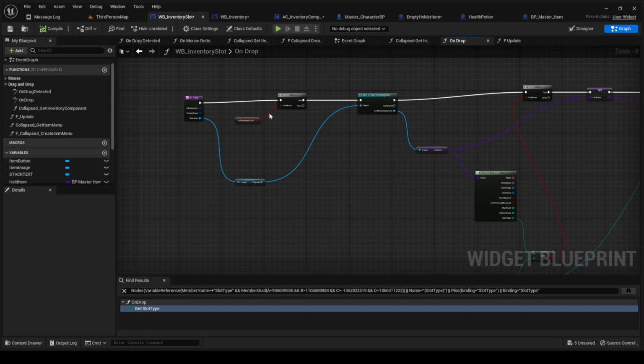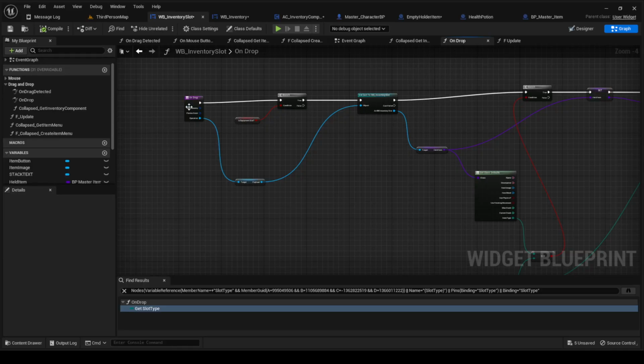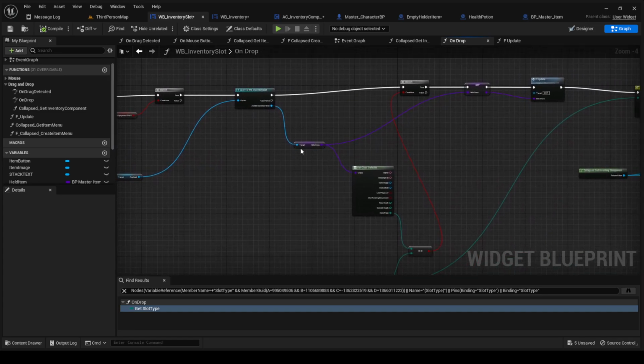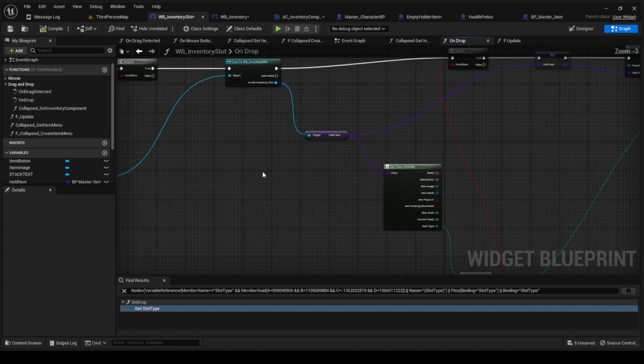If it is an equipment slot, then we're going to cast to the inventory slot, which we will be getting the payload for the object of what we dropped on there. So the operation, we're going to get that payload, put it in for the cast for the object inventory slot, drag out of there, get the held item,